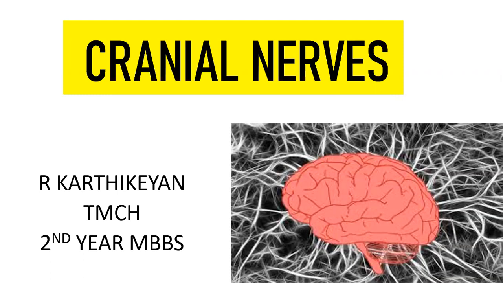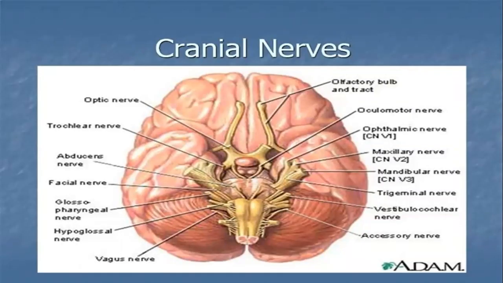So we will see in what way it is going to help us. Let me start with a general introduction. We all know we have 12 pairs of cranial nerves. Starting with the olfactory nerve, the first nerve, next optic, next oculomotor, next trochlear, then trigeminal, which has 3 divisions. That's why it is given here as 5-1, 5-2, and 5-3. Then we have the abducens nerve, then facial nerve, then vestibulocochlear nerve, then glossopharyngeal nerve, vagus nerve, spinal accessory nerve, and hypoglossal nerve. So these are the 12 pairs of cranial nerves that we have in our body.